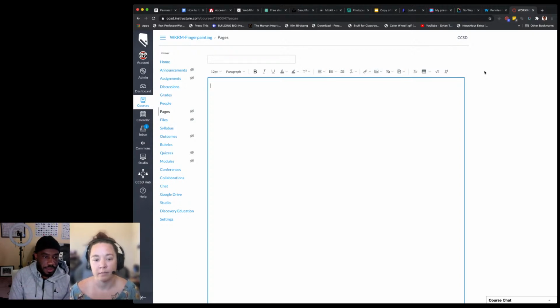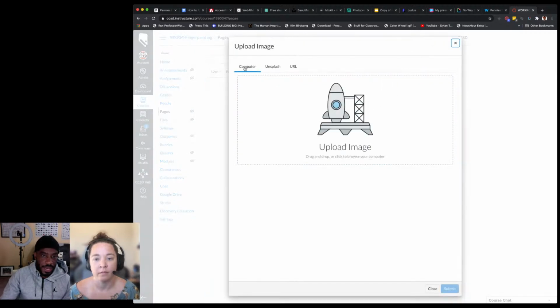Well, I mean, it's just a blank page. We could do just this. At the very top, you're going to see your image icons. They look like a landscape. You could upload an image from your device. You could find any images you've already placed in your course, or you could find any user images that are just native to you. All right, so if I hit upload an image,